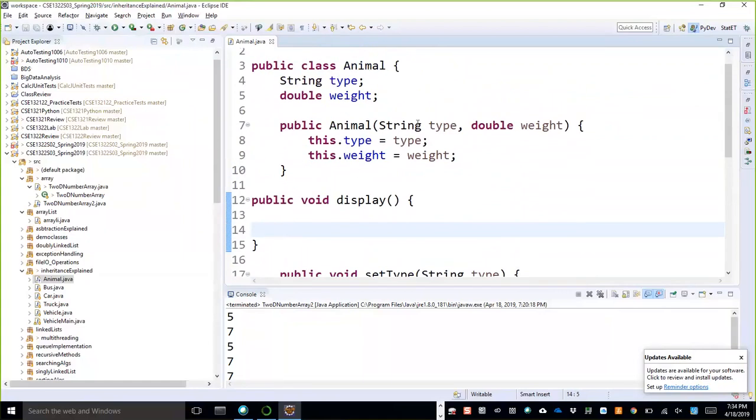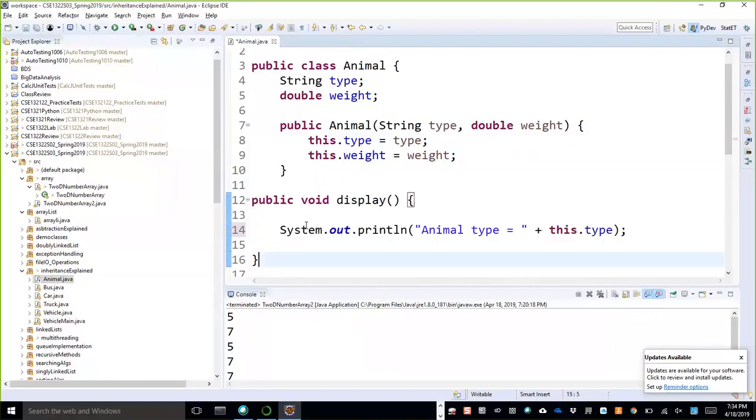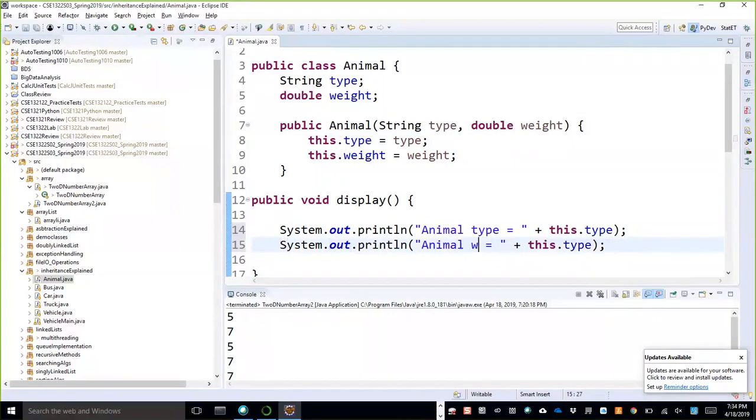I want to print this: System.out, animal type equal to plus this.type, and similarly animal weight equal to this.weight, right?